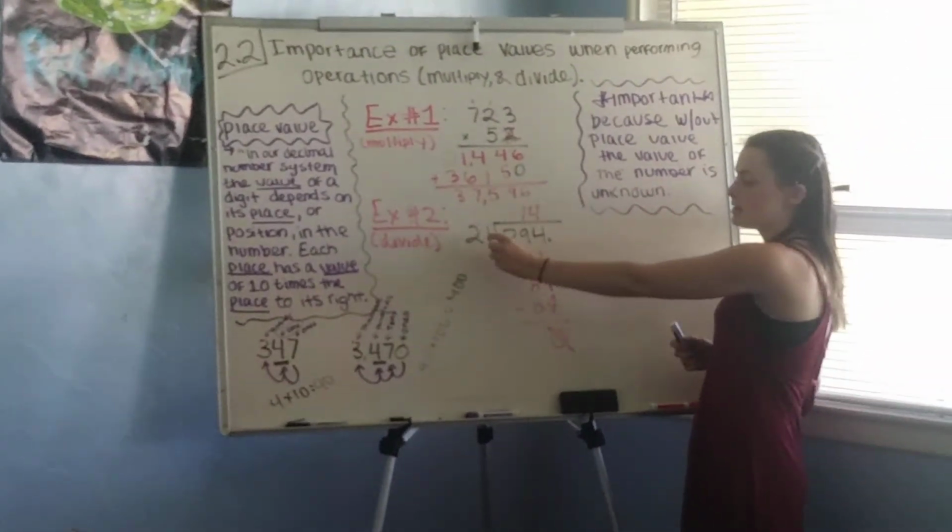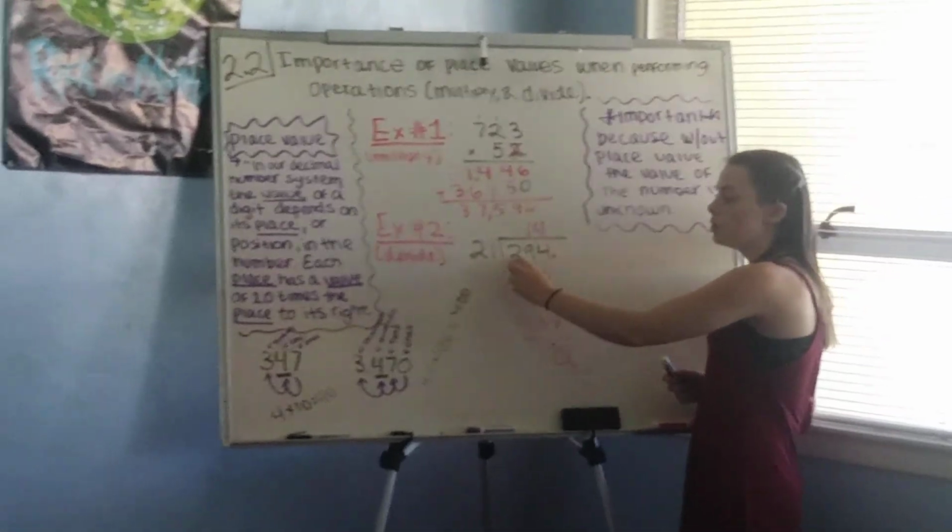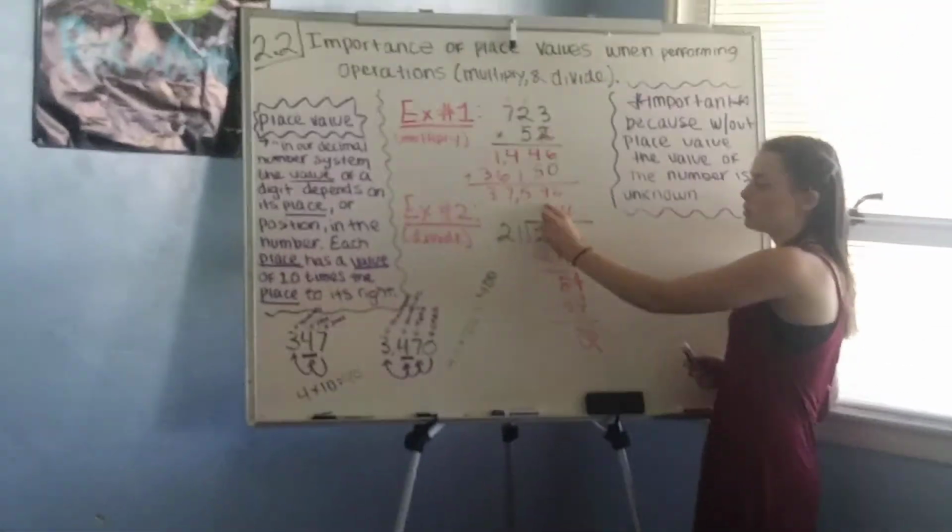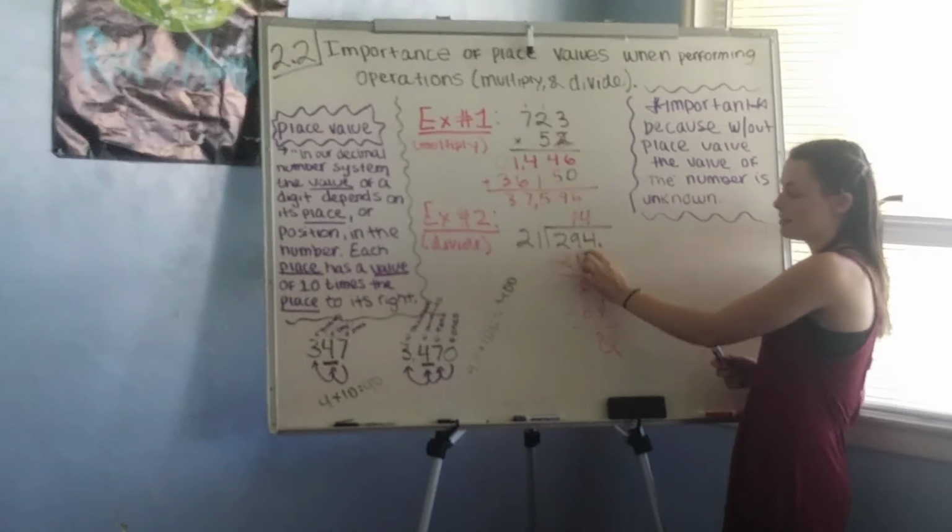So we're not seeing how many times 21 goes into 2, so we don't start in the ones. We start in the tens because we're doing the